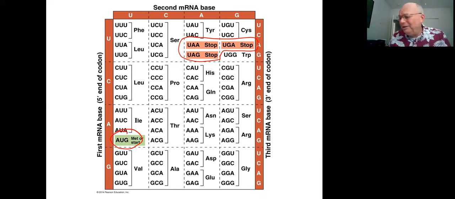Well, that's not entirely true, because it is also the only codon for the amino acid methionine, which means that the vast majority of polypeptides have as their first amino acid the amino acid methionine, unless there is some editing of the amino acids after the polypeptide has been created. We can talk a little bit more about that a little bit later.